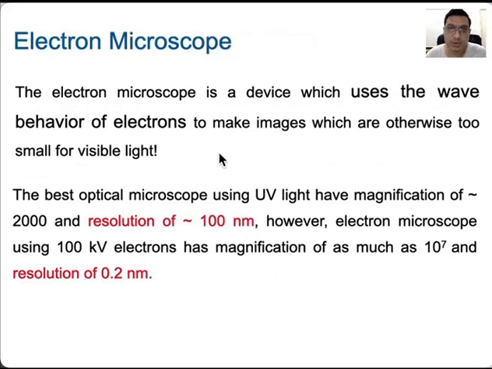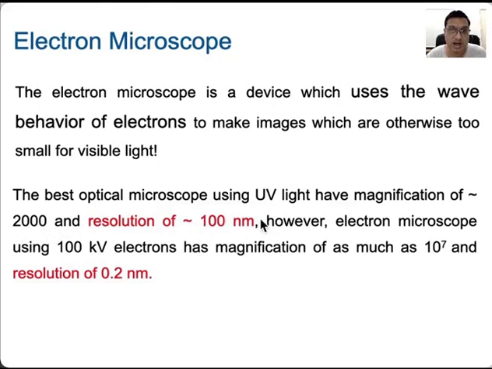Let's learn more about the electron microscope. The electron microscope is a device which uses the wave behavior of electrons to make images which are otherwise too small for visible light. That's what we have seen. The best optical microscope using UV light has a magnification of 2000. So you can only magnify the image using UV light by 2000 times, and the resolution is of the order